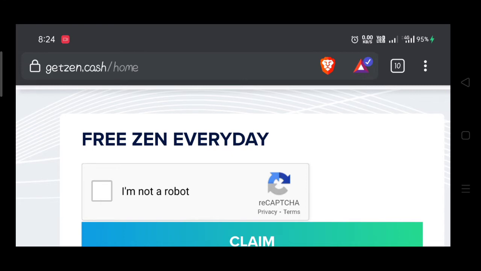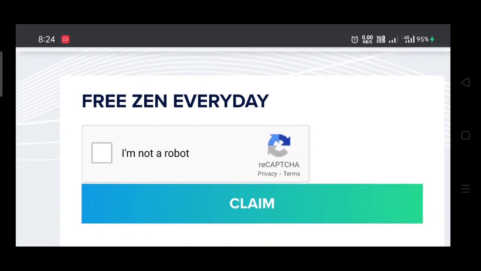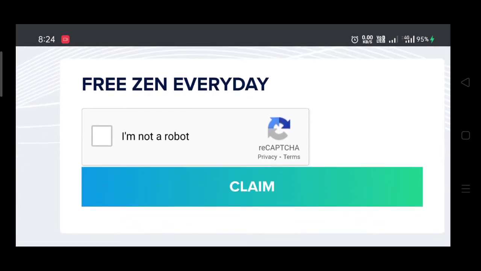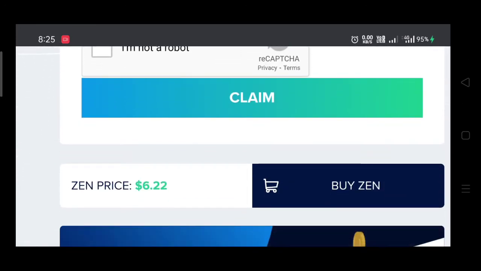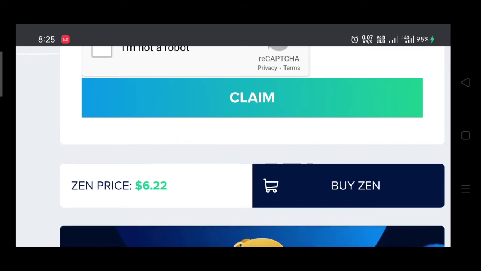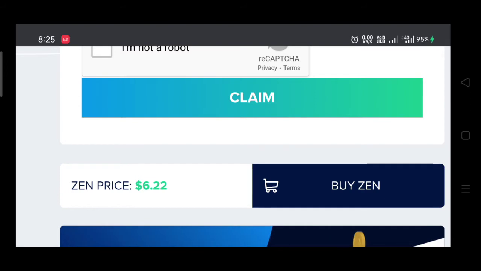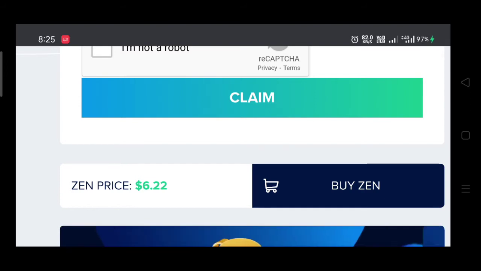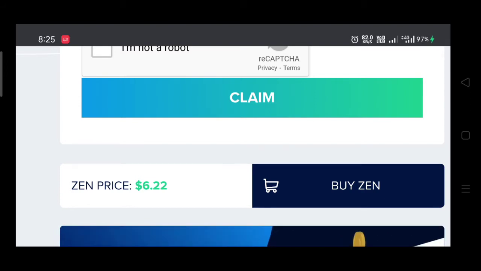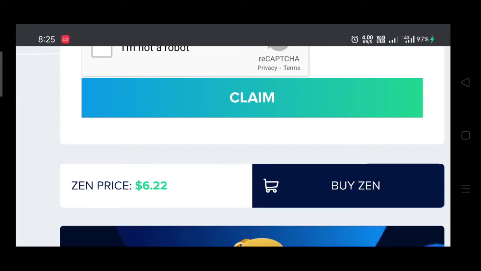Today we are going to learn about another faucet earning site, which is the official faucet by Horizon. Horizon is a blockchain technology where they provide many services like app development and DApp development.